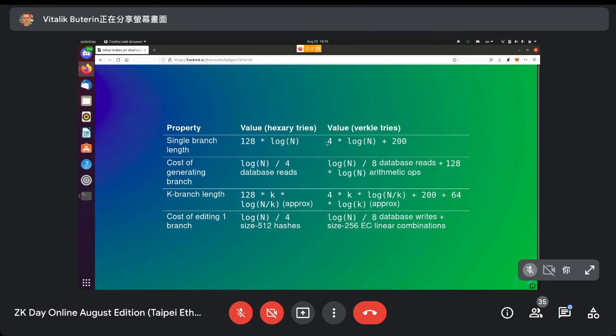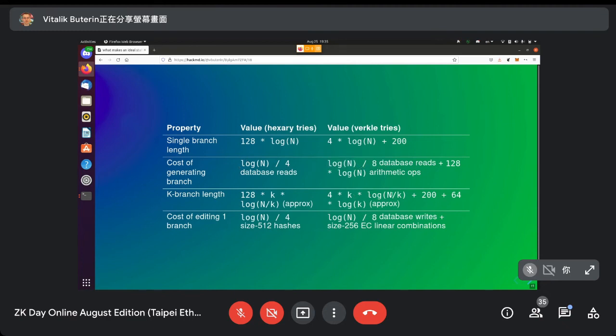And so altogether, right, going from hexary to Verkle, here we go down from 128 log n to 4 log n. There is a constant factor of about 200. Cost of generating a branch. It turns out that to generate a branch, you only need a fixed number of elliptic curve operations. You only need one single size 256 linear combination, and you need 128 times log n arithmetic operations. Log n over 8 database reads, then